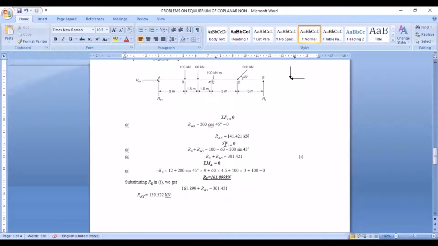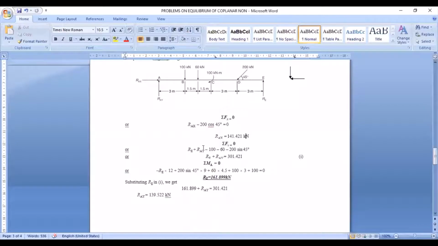Now moving on to the next equation of equilibrium, that is sigma Fy is equal to 0, wherein we are going to take only vertical forces into consideration. Before moving on with this equation, first let us count how many vertical forces there are. So we have 1, 2, 3, 4 and 5. So we have a total of 5 forces in this problem, so we should have 5 components in the equation.